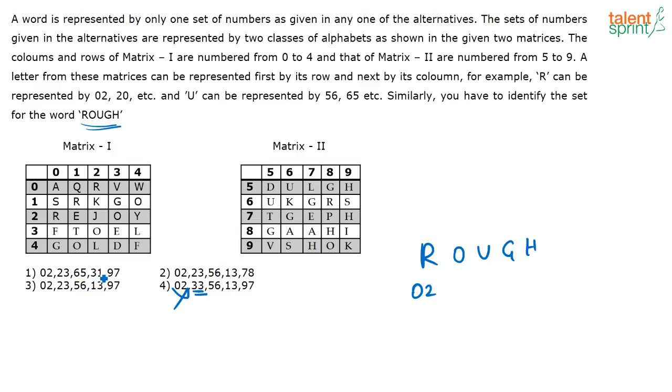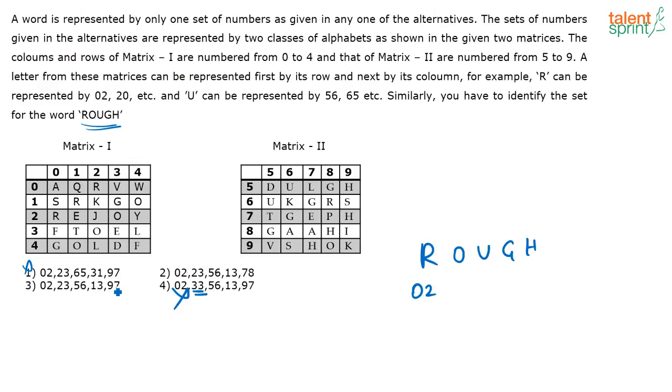Next look at G. What I am trying to say is cross check one by one with the options. That is the best way to solve the question. What is G here? G here is 31. Is G 31? No, G is not 31, correct? 31 is going to be T. So this option does not follow. So you are left with two options. In both these options 13 is there. So definitely G has to be 13. Yes, G is 13. Okay, that is also correct.